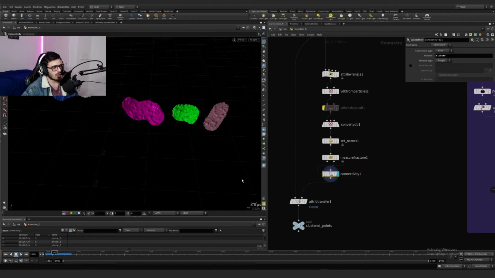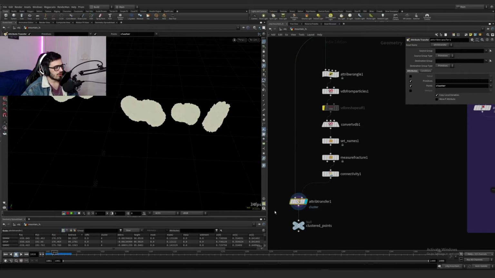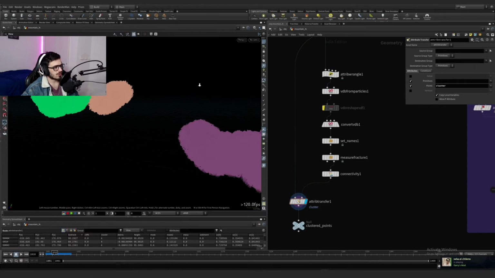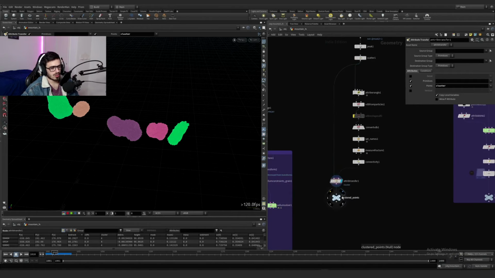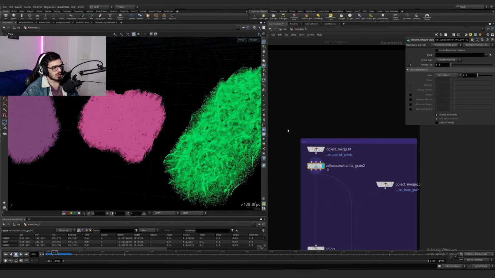This is the class. Oh no, this is the cluster, sorry. This is the cluster 0, 2, 4. And I'm transferring to the points the cluster attributes, which is here. So now this looks way better. These are going to be independent simulations. Moving forwards, I'm going to cluster the points. I'm going to do a grain,